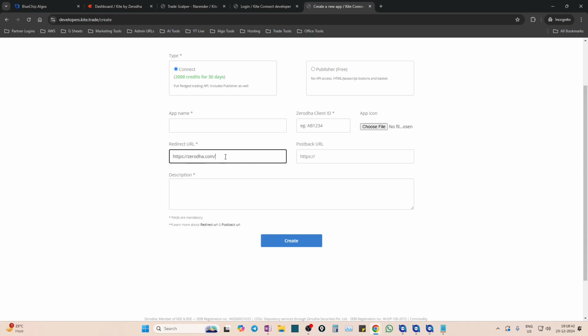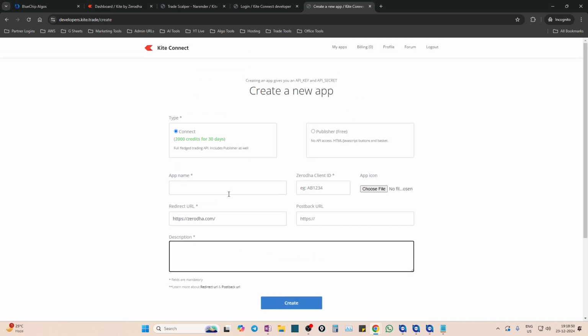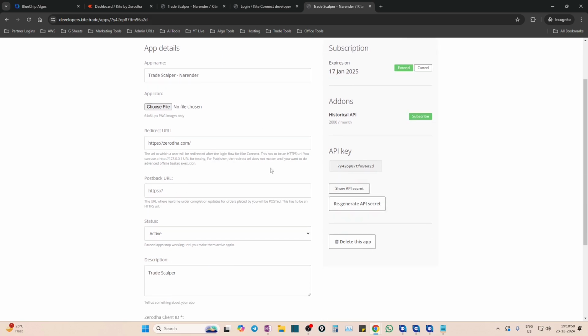https://zerodha.com/ and no need to enter any postback URL. Give some description, whatever you want, and then hit on create. Only 4 fields, give them and hit on create. Once you do that, one row will be created like this, and if you click on that, you see